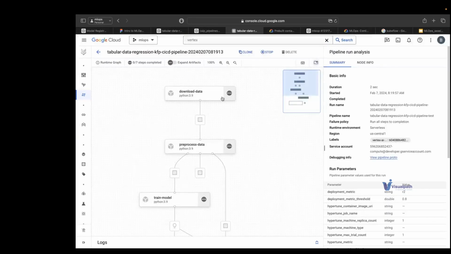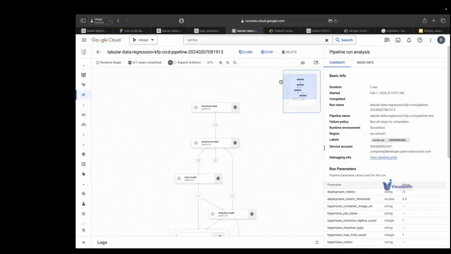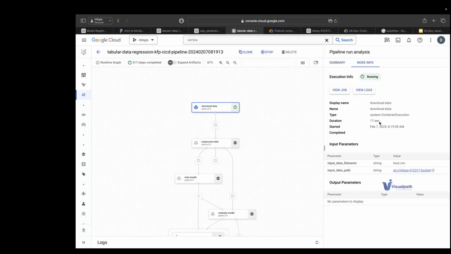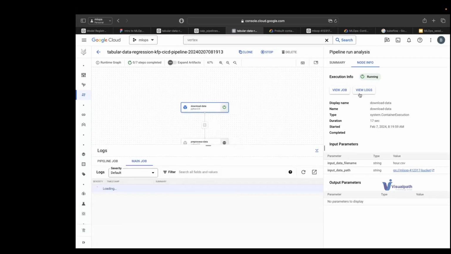So you can see how easy it is once you have everything in a pipeline setup. This is using the UI, but I can do this using code as well. So imagine you want a scheduling system, or maybe you have an automatic trigger. Now you see how this is triggering in a 17-second duration. It warmed up the container, and it is giving us a new run. It will show you all the logs here, and it is running fresh, downloading the data, provisioning new machines, and all this is running on top of Kubernetes. And we don't have to manage anything. We just have to write this code once and then orchestrate it. Nothing much. Okay.